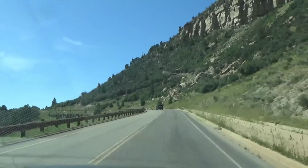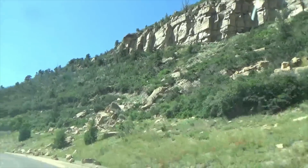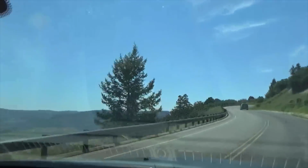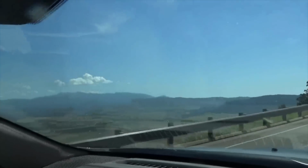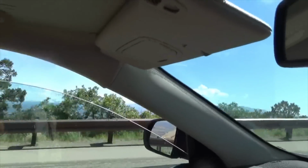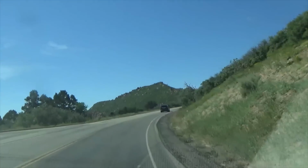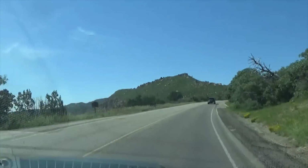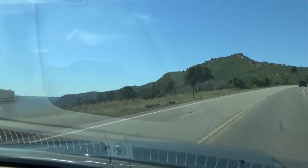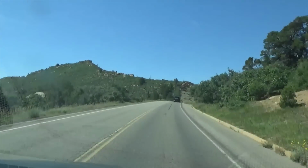Up the hill on Mesa Verde. For those that don't know, it's 23 miles from the entrance to get to the first cliff dwellings. Quite an approach. Quite a view. There's the Mancos Overlook. I don't know if this is doing it any justice, but...